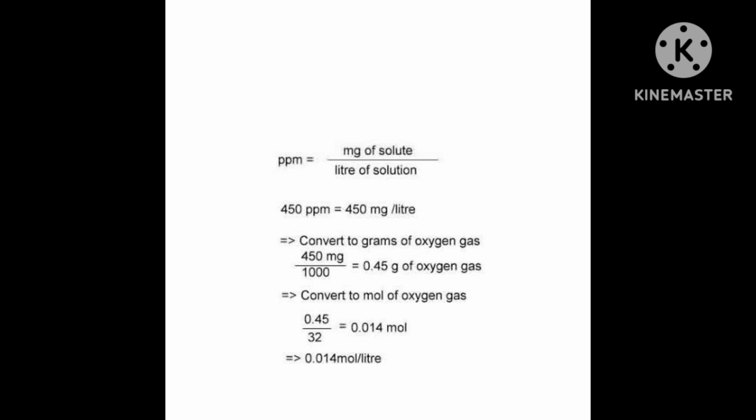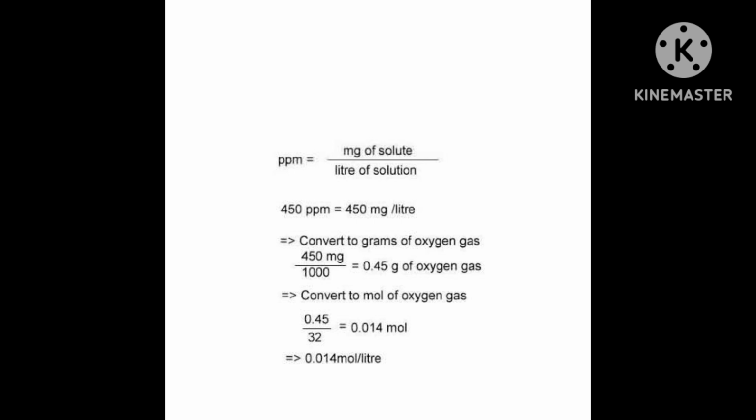And now fourth, that is parts per million. By name it is clear, parts per million. Sometimes some things in a solution will be in very less quantity. Then how will you express this? When a solute is present in trace quantities, very less quantities, it is convenient to express concentration in parts per million,